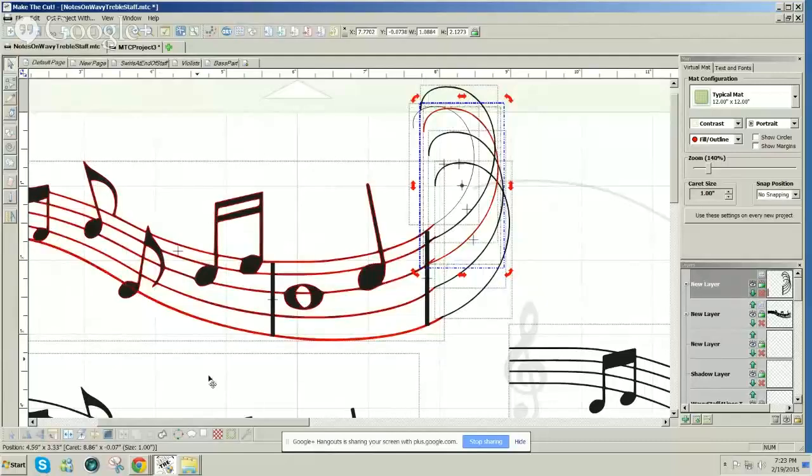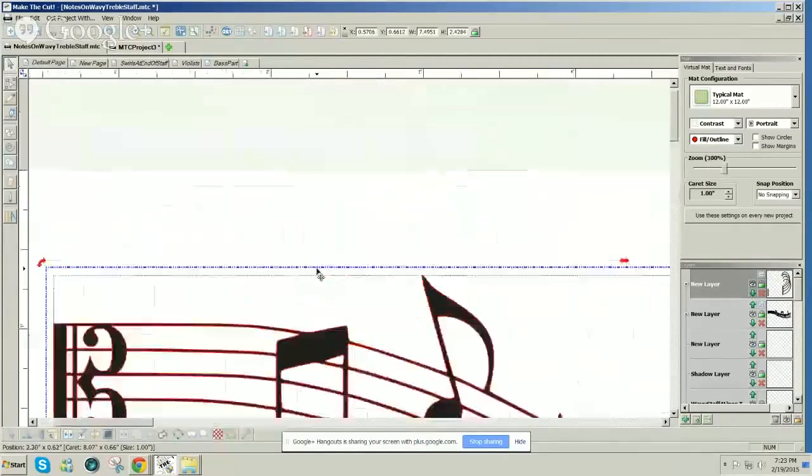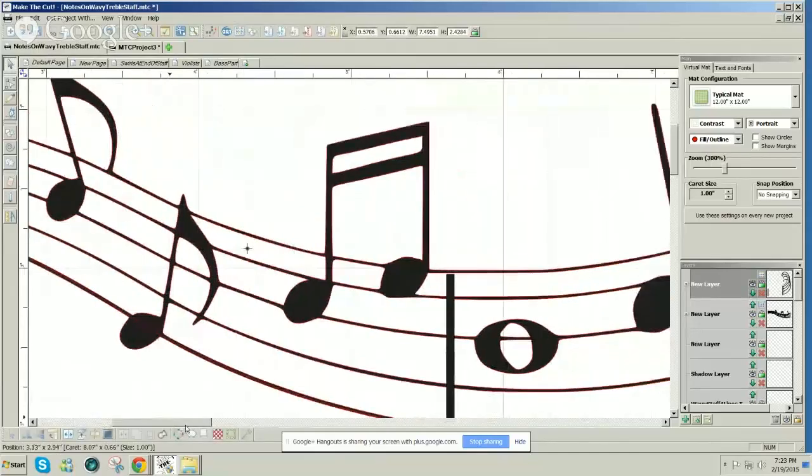Then I'll just show you a little bit with the node editing here. These are really ugly nodes. They're kind of misshapen from the trace. If I want to change those any, it really helps to zoom in. I'll type 4 and 3 to zoom to 300. You see they're really kind of ugly, and I'm not going to right now work on them to fix them perfectly for you, but you see how here it kind of curves